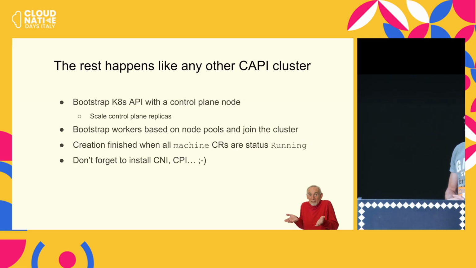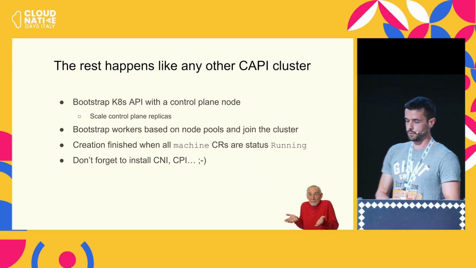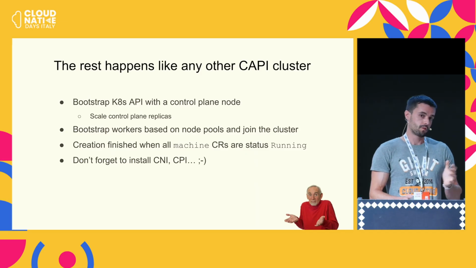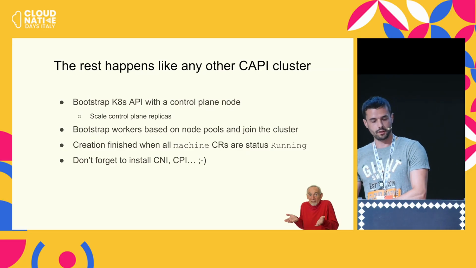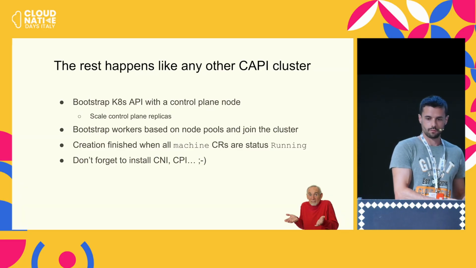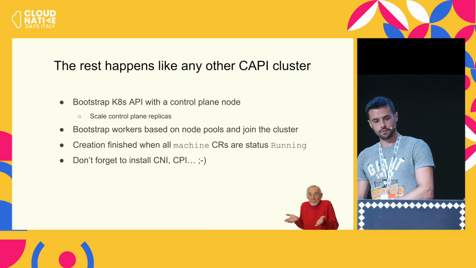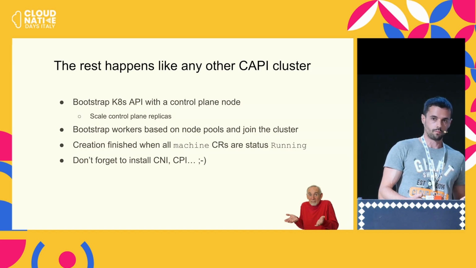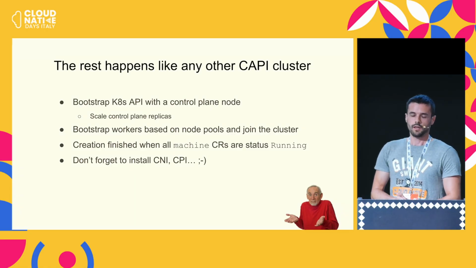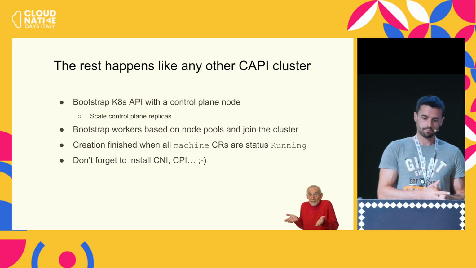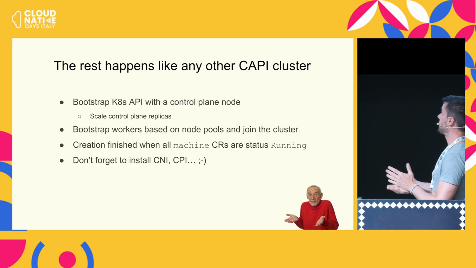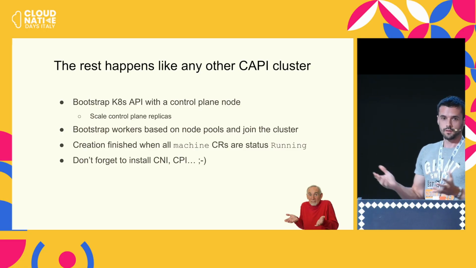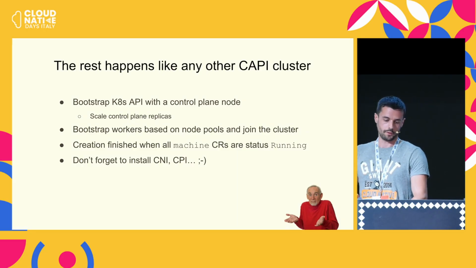And the rest is pretty much like any other Cluster API provider. When we bootstrap the cluster, we're supposed to have a bunch of bare metal hosts available for consumption. So Metal³ picks them up, then bootstraps the first control plane node, then it scales the control plane to however many replicas you want, and then the machine pools are provisioned. You still need to install CoreDNS, CNI, etc. So pretty much the same. Once you've passed this Metal³ part, it is just business as usual in a way.